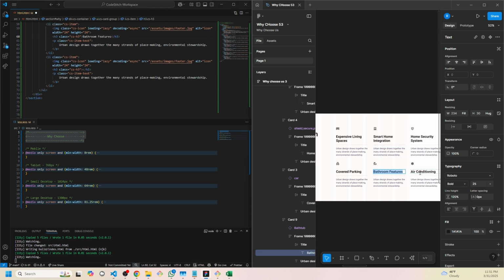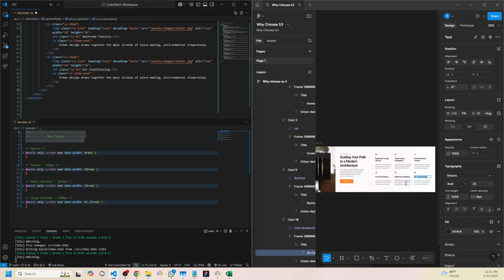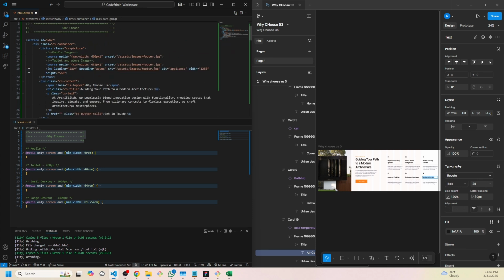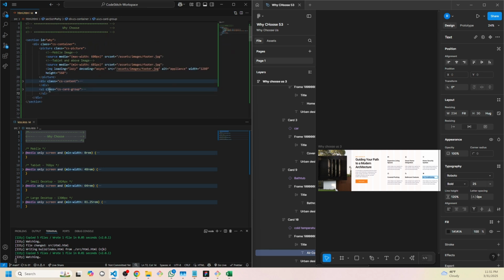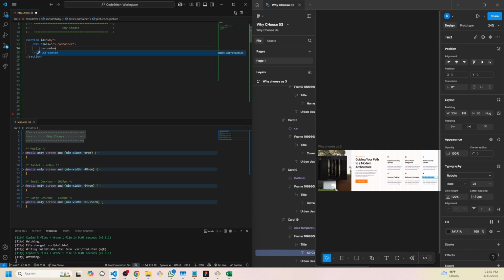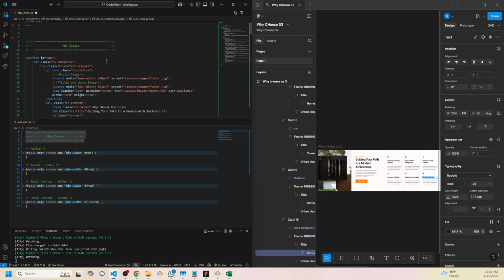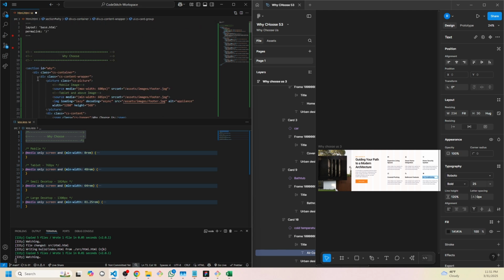And last but not least, air conditioning. And that is our markup. So I'm going to collapse this, and this is going to be my CS content wrapper. I'm going to place this in the wrapper. This wrapper is what's going to be the